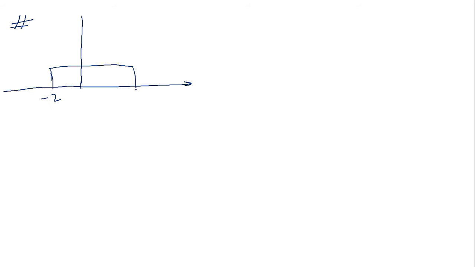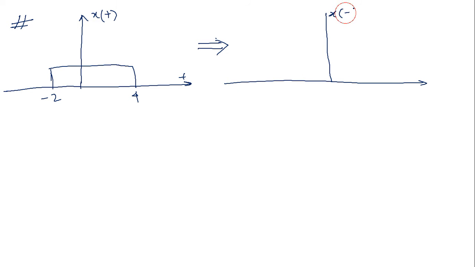Right now I'm taking this problem of -2 to 4. That's the problem I chose in the last class, x of t. Is this an even signal or an odd signal? For checking this as even or odd, I am drawing the x of minus t. So this 4 comes to the left side and -2 comes to the right side. So +2 to -4.